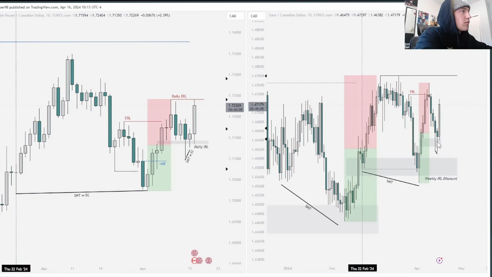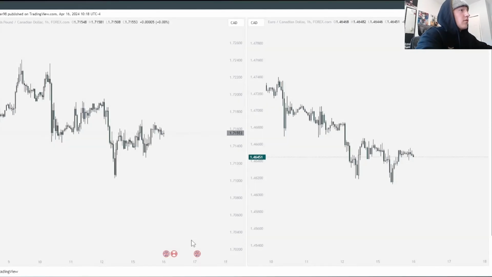We see a run on Friday's low on Monday, and GBPCAD failed to take out Friday's low. So I'm already indicating myself that there's strength out of GBPCAD compared to EuroCAD. So if I'm looking to take a long position, I'm going to position myself long on the pound CAD compared to EuroCAD. Now, moving to the hourly chart, because we're using time frame alignment, doing daily key level to an